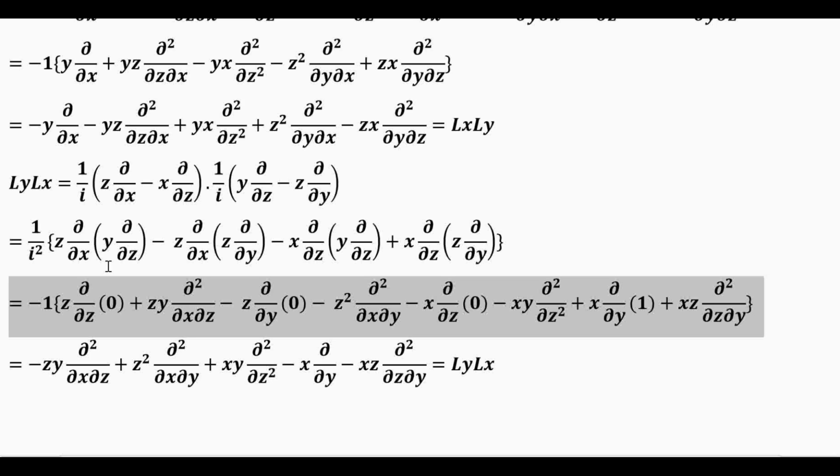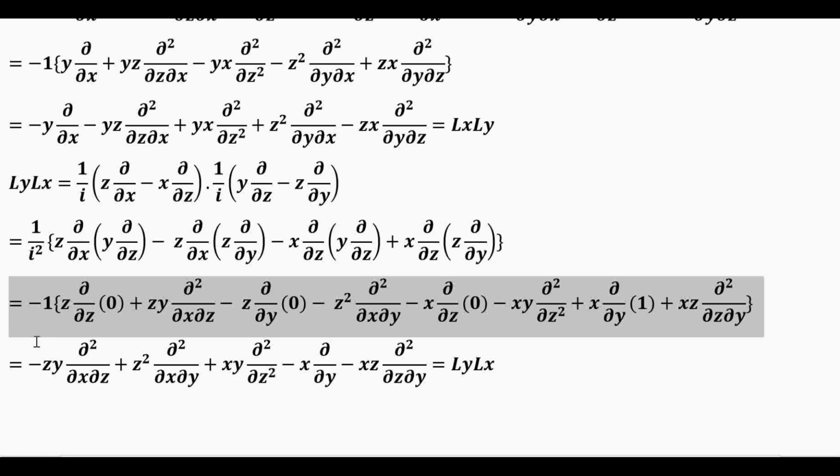Now in the next step, I have z, I am bringing y out, and then I have ∂²/∂x∂z. Then again I have minus z, I am bringing ∂/∂y outside, and I know that ∂z/∂x is equal to 0, therefore I am writing 0 over here, and in the same way I am writing the entire equation. At some place I am getting 1 also, but we know how we get this 1 and zeros. So from these 1, 2, 3, 4, 5, 6, 7 and 8 terms, you will be removing 1, 2, 3 terms,